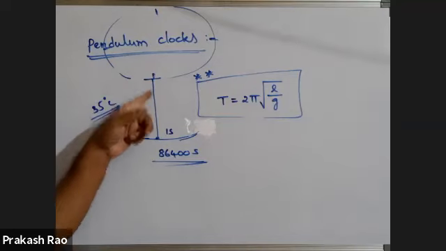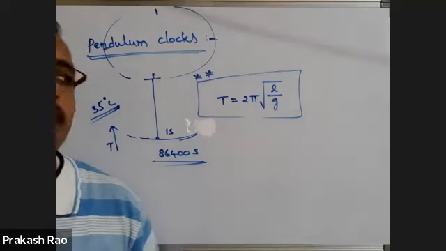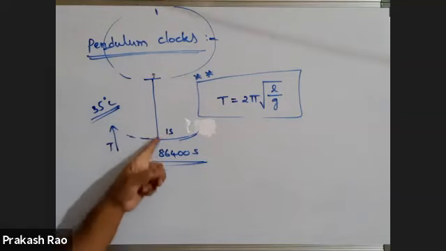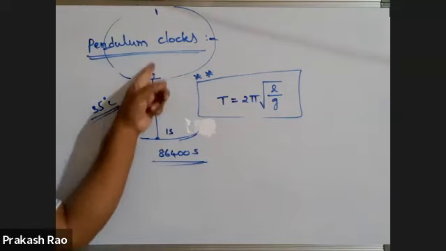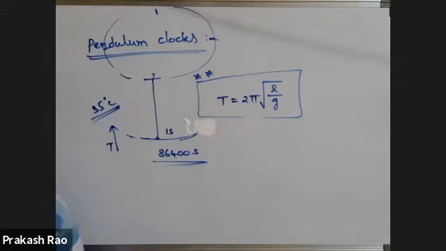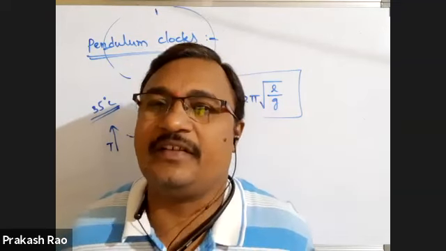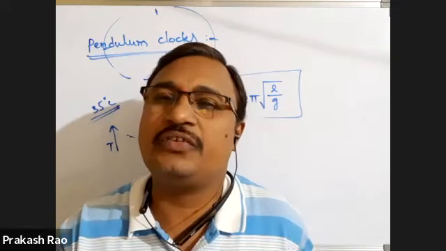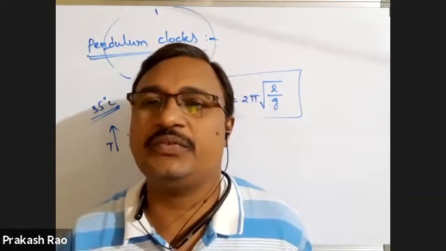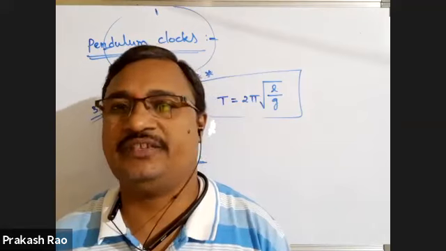At 35 degrees centigrade, do you think that the length of the pendulum remains constant? No. In pendulum clocks, the pendulum is made with metal. Therefore, when temperature increases, the length of the pendulum increases. Don't think that it increases by 2 centimeter, 5 centimeter or 10 centimeter. It increases by 0.002 millimeter, 0.0005 millimeter. Don't think that the length doesn't appear to you, you can't recognize it with your eyes.